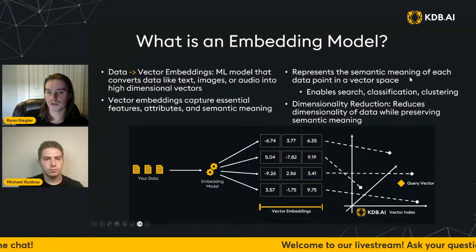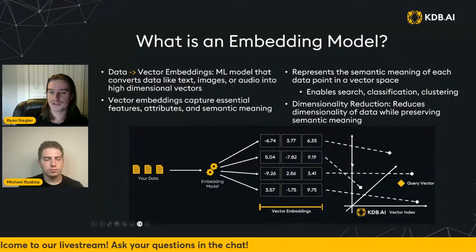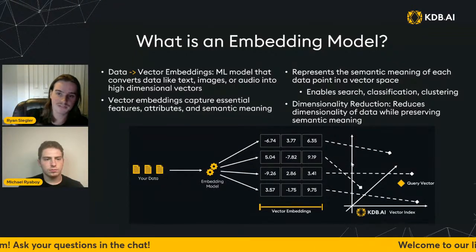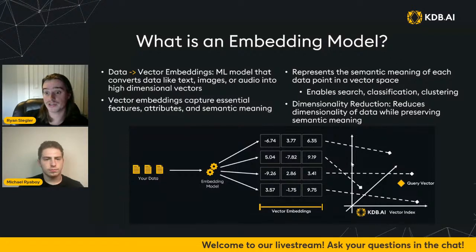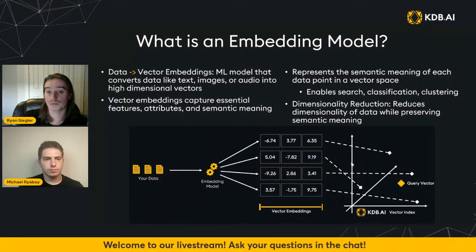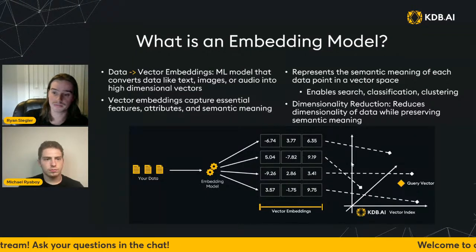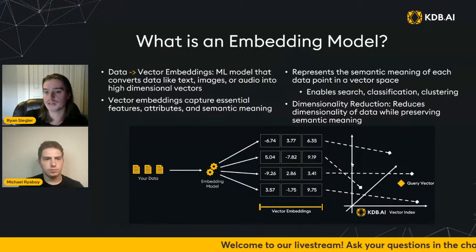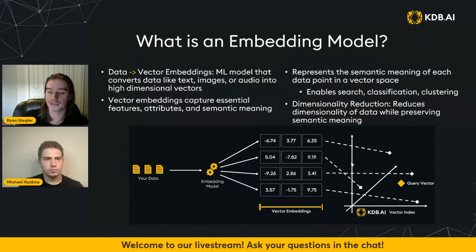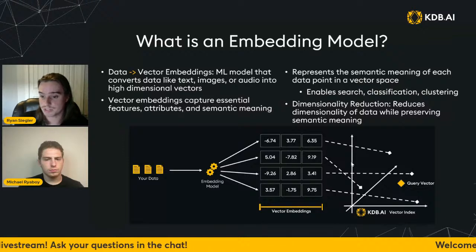And because you're taking all of your data and running it through the same embedding model, that means you can store all of these vectors that represent all of your data within the same vector space. So you can imagine all of these vectors are in the same vector space. That means we can do comparisons against them. So we can understand what are the most relevant to a user's query. Can we find some way to cluster these? Can we find some ways to classify these? Because they're all held in the same vector space and created by the same embedding model, we could do all sorts of awesome applications and use cases with these vectors